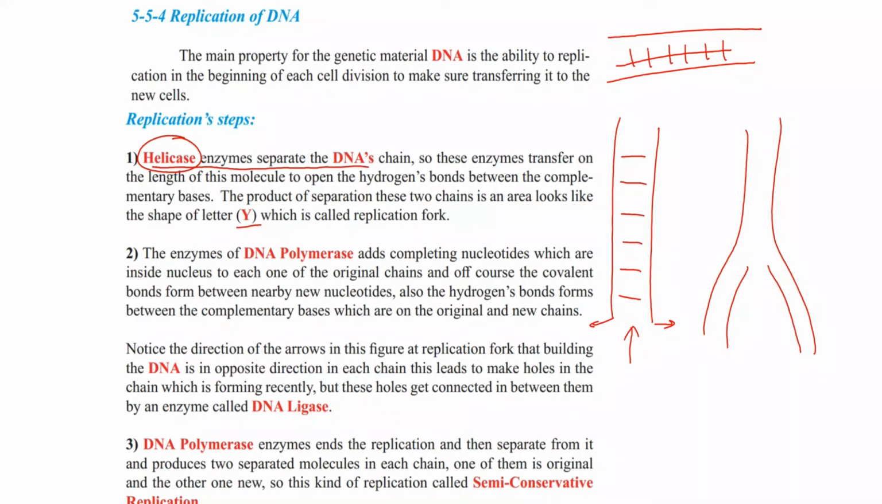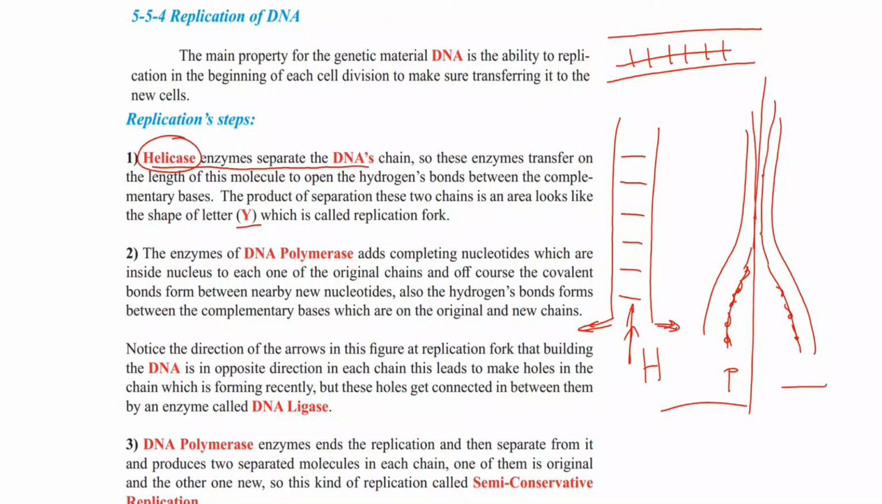The enzyme DNA polymerase adds complementary nucleotides, which are inside the nucleus, to each one of the original chains, and of course covalent bonds form between the nearby new nucleotides. The hydrogen bonds form between the complementary bases on the original and new chains. How we said, the helicase enzyme separates these two chains, moving them away from one another, but the polymerase enzyme builds new chains of DNA. So the separation continues, building new DNA continues, but at the end two new DNA